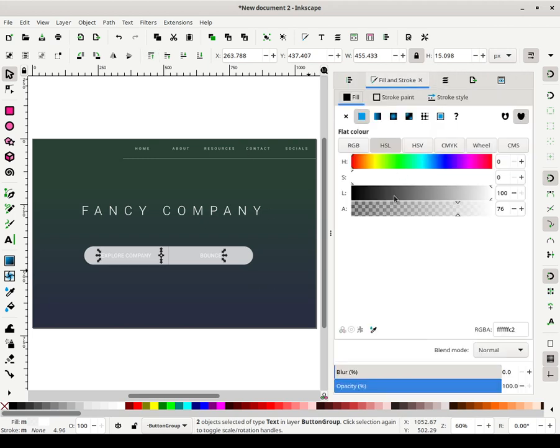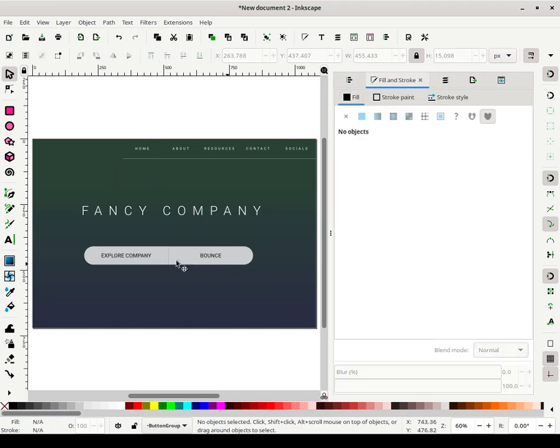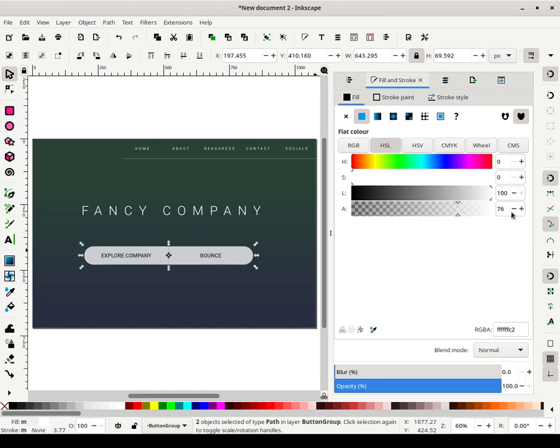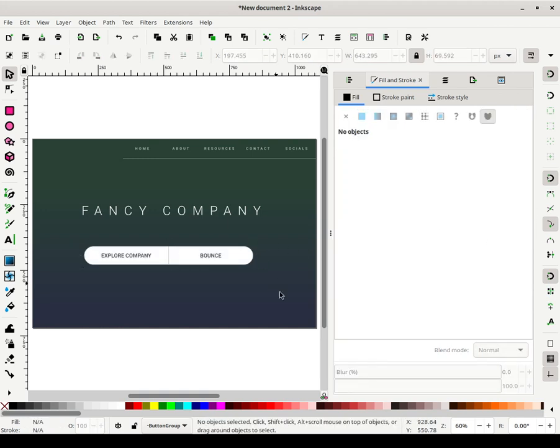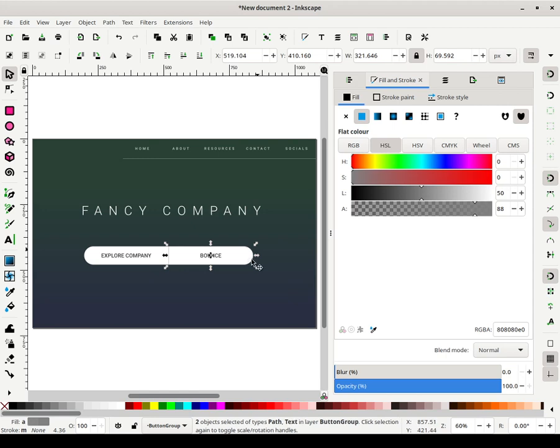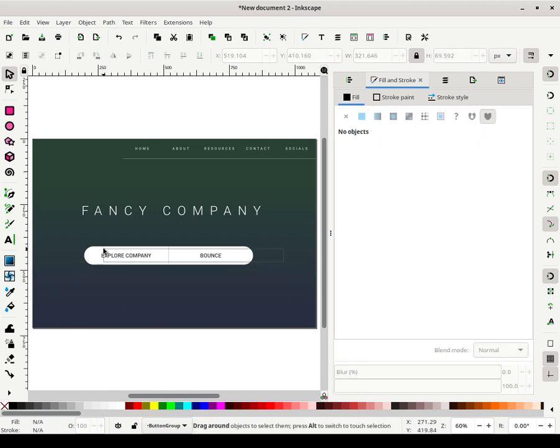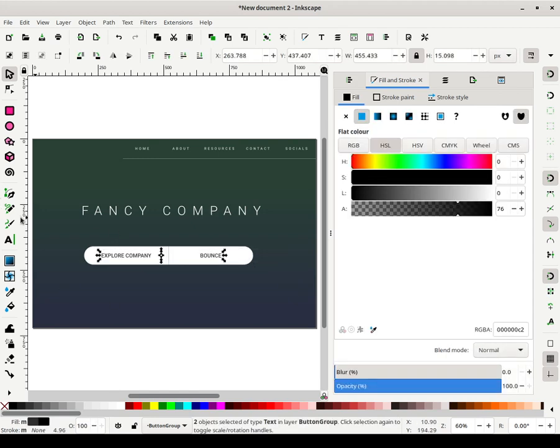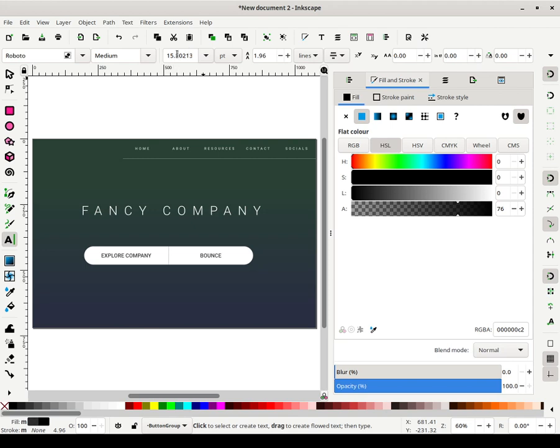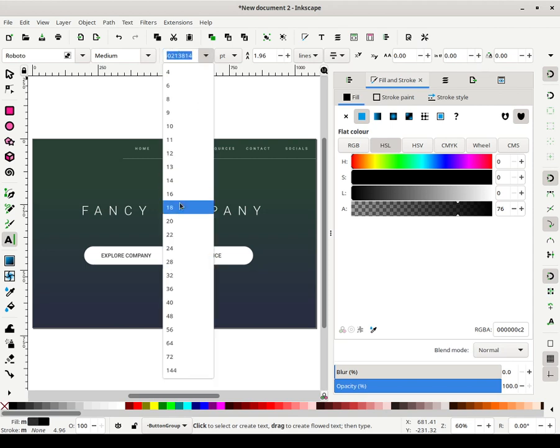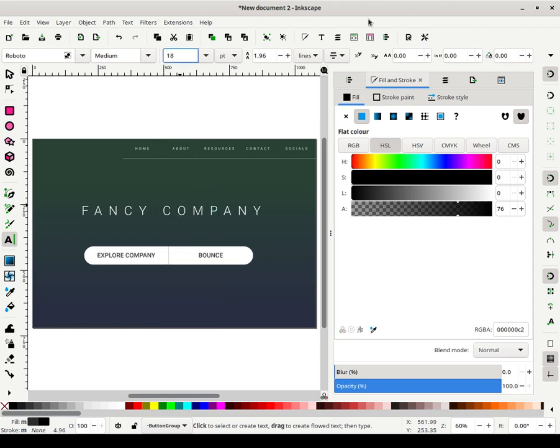Let me just make this text black, and these buttons should actually be white. So we're going to turn the alpha up to full. Let me use right.